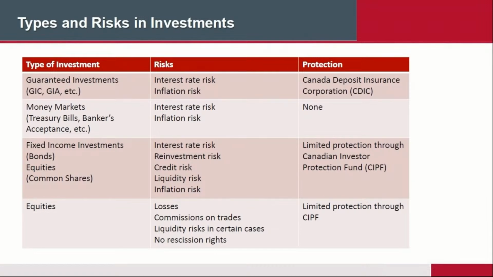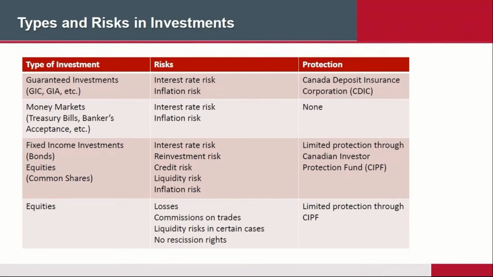Now, because there are guarantees, there is a degree of protection in the event of the company failing for whatever reason: you do have the Canada Deposit Insurance Corporation, CDIC. So for your bank accounts and everything else, up to $100,000 in your bank account is protected against default. The CDIC protects that, but no more than $100,000.